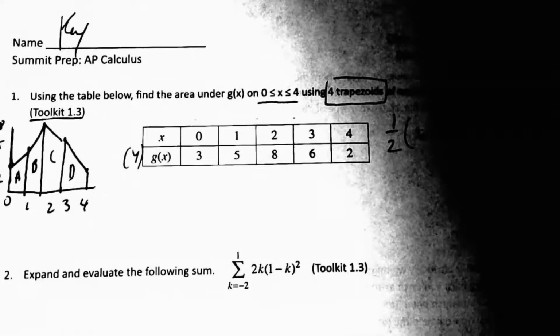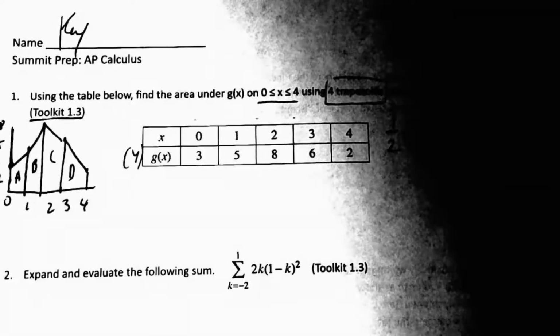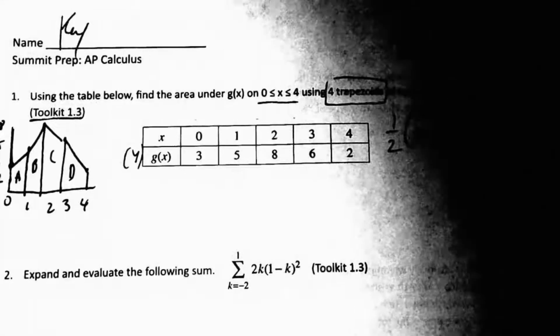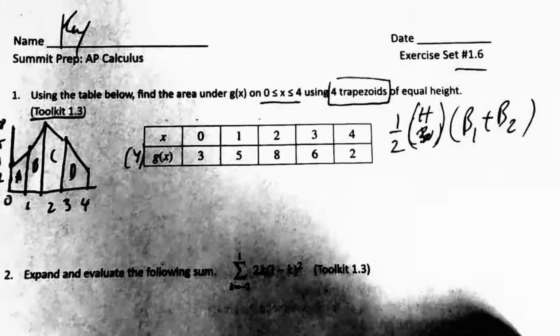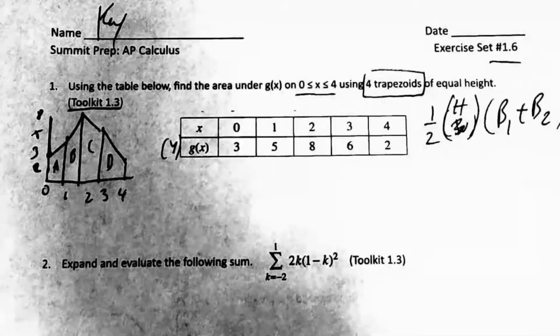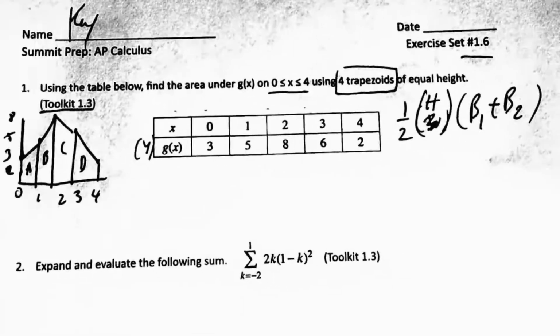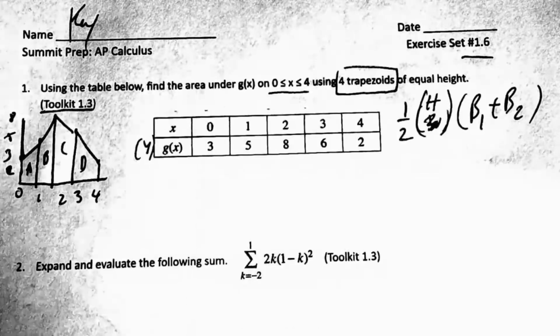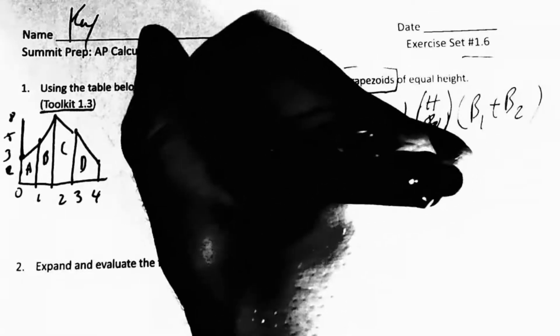or the height, right? Let me change it to height. I say width because it looks like width based on how we're doing it. 1/2 times the height times base 1 plus base 2. That's the equation for trapezoid. So with all the information that we have, we can solve these. You're just plugging in. Okay. I would love for you to, if you haven't done this, try right now. I'll do the first one with you, and then I want you to try the other ones. Okay. So for A, for example, trapezoid A, it's going to be 1/2